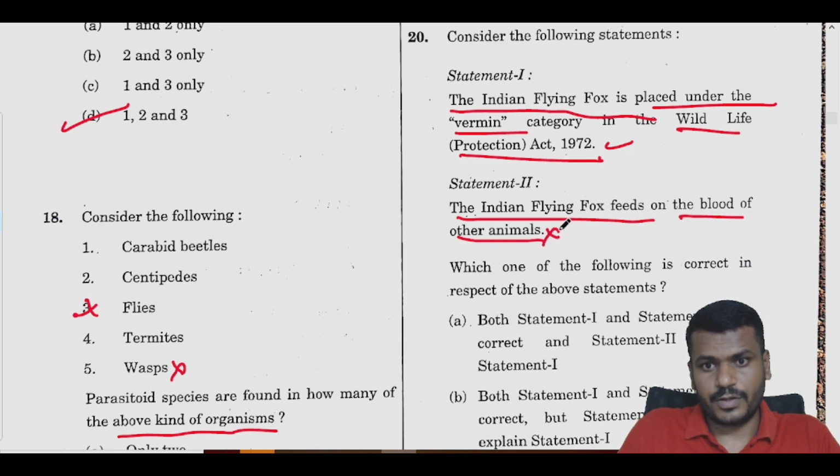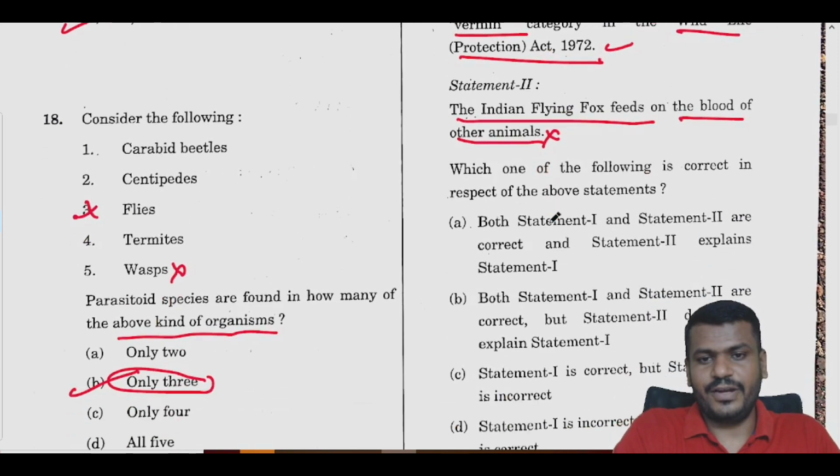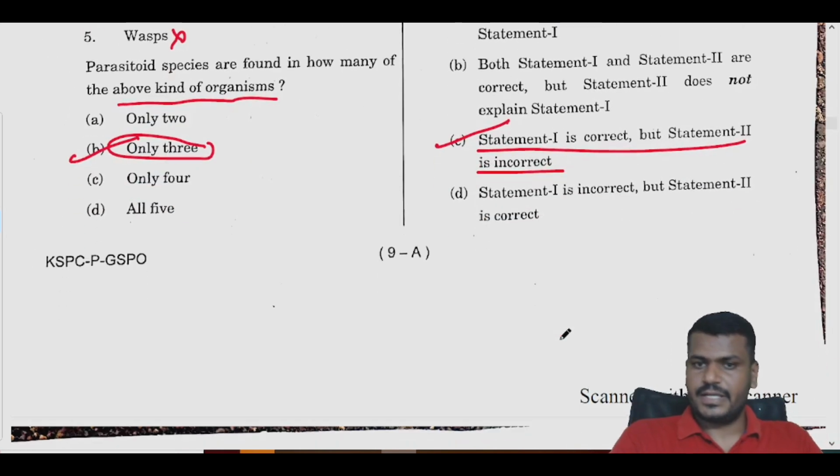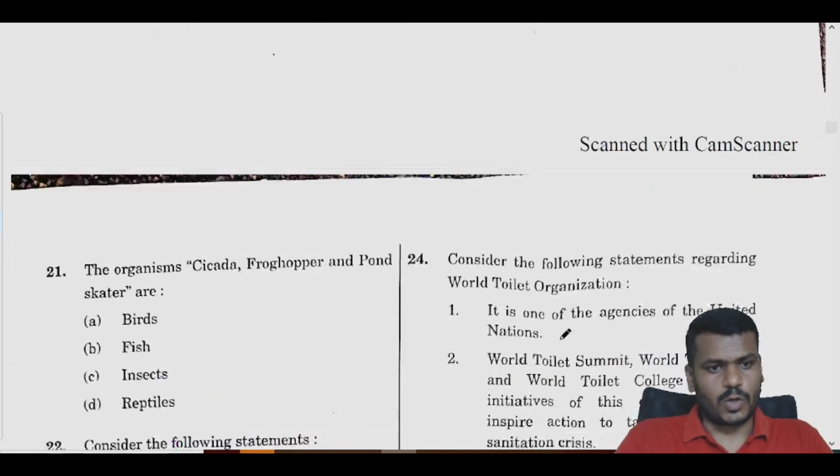No, blood of other animal. That is, have you read this? And definitely that is not a true statement. So that's why C is the correct answer, guys. The first statement is right, the second statement is definitely wrong. Next,